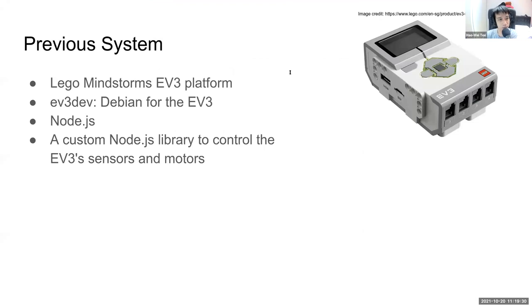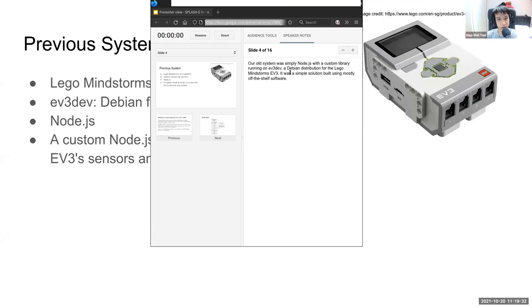Our old system was basically Node.js with a custom library running on EV3Dev, right? And EV3Dev is a Debian distribution for the Lego Mindstorms EV3. So it's a very simple